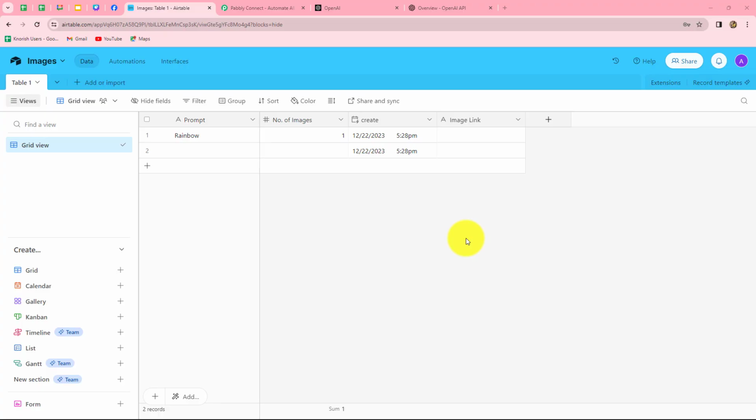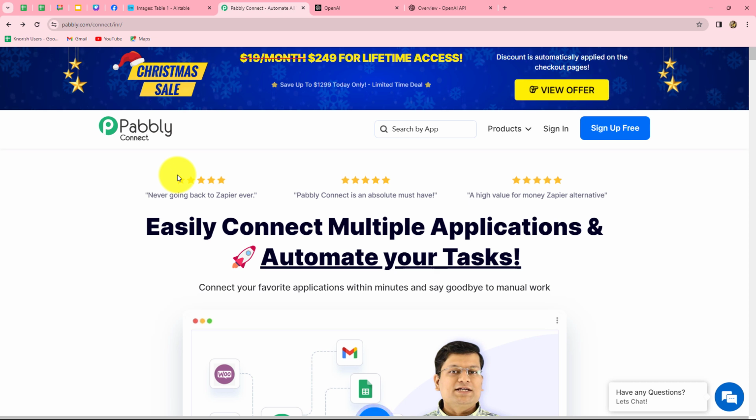In this video, we are going to learn how we can automatically generate an image for the titles which we have in our Airtable, and automatically update the link of that same image in front of that title. Now, in order to create this automation, we are going to set up a simple integration between Airtable and OpenAI, and we are going to do that with the help of an amazing automation and integration software, Pabbly